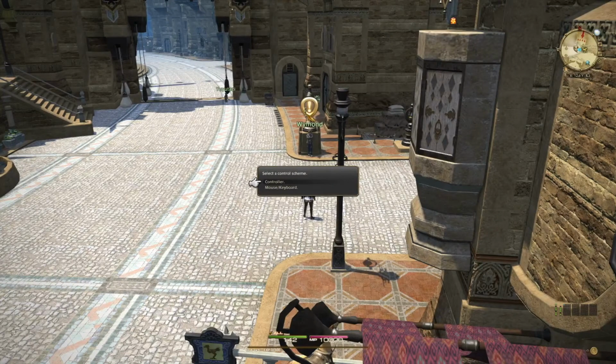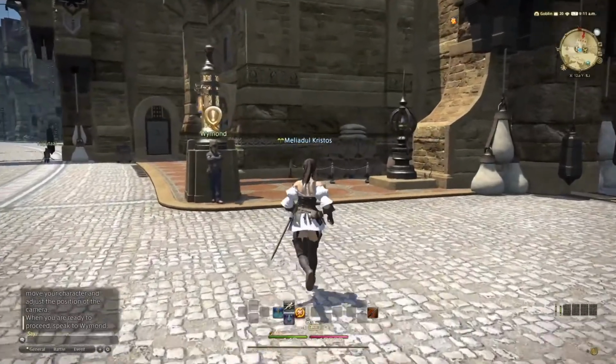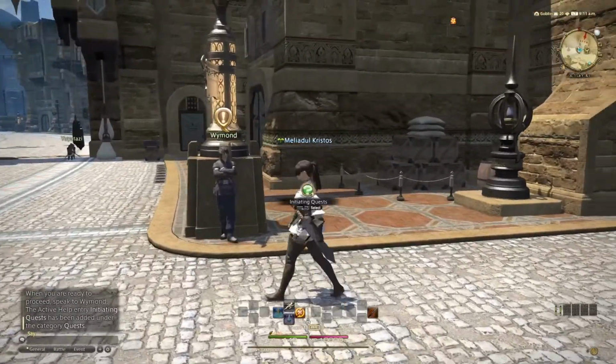Okay, after the cutscene, you get to your city-state. The first question you will be asked is if you're using a controller or a mouse and keyboard. I'm using a controller, so I'm going with the controller. So the first thing we need to do is the quest. If you notice,